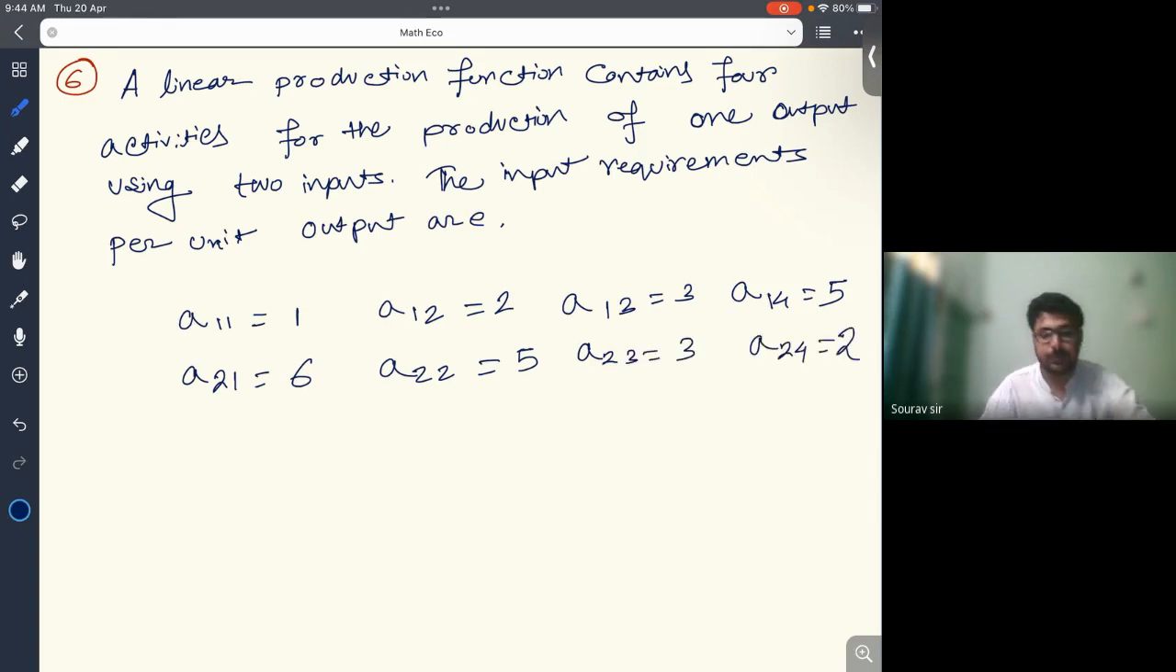Okay. So the question is, are any of the activities inefficient in the sense that there is no input price ratio at which they would be used? So the question states that